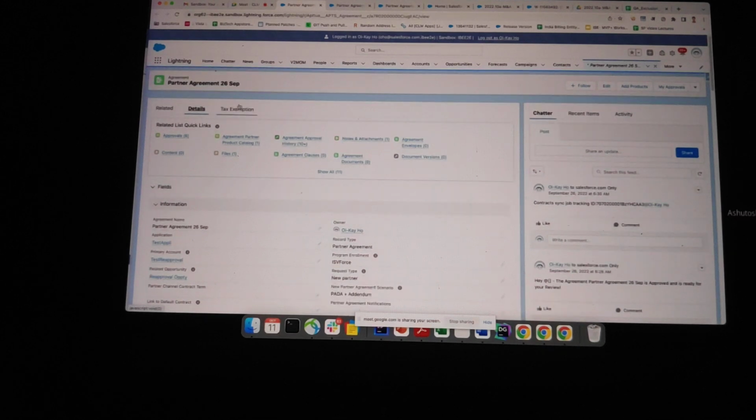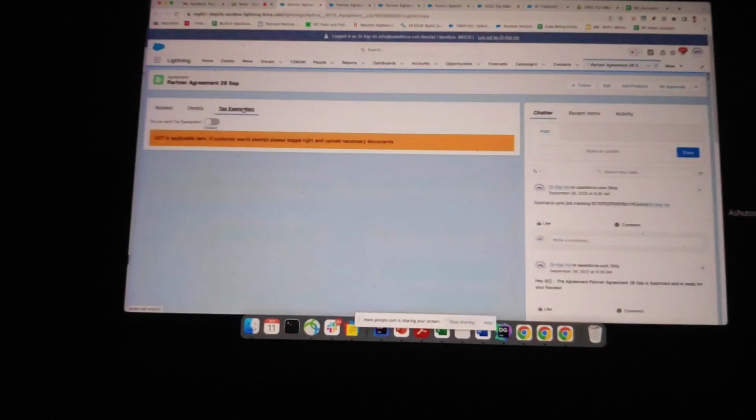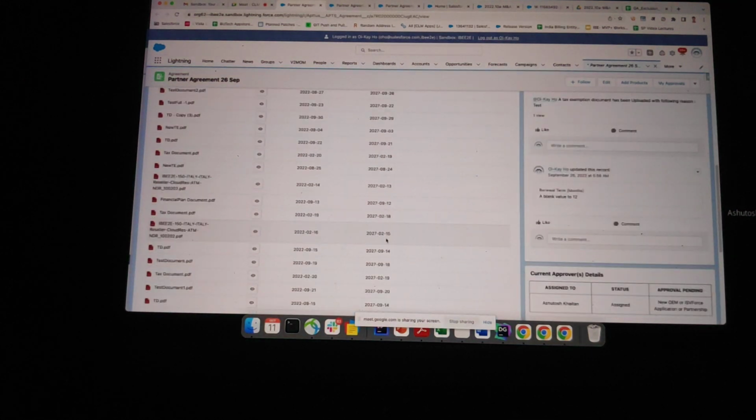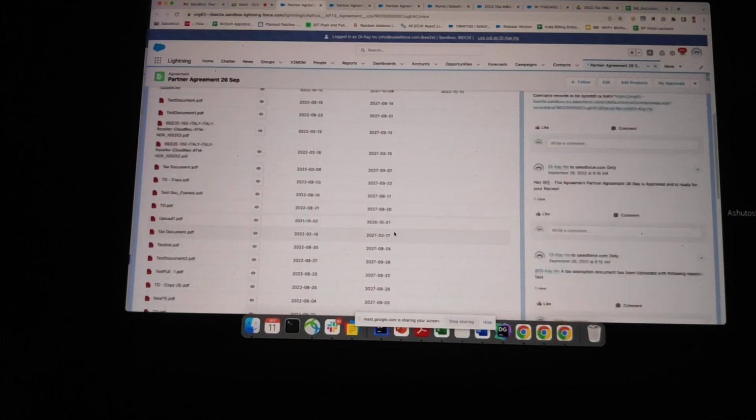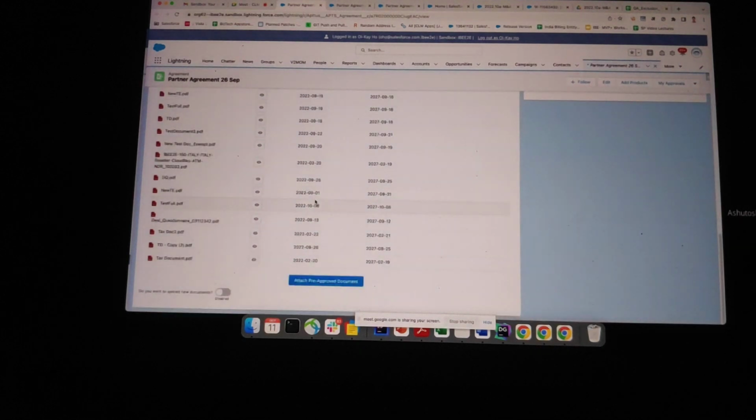So what will happen, suppose from taxable PO2, they want to go for the exemption. They go to this tab and say, do you want tax exemption? Yes, I want tax exemption. Now they have two ways how they can do it. Either they can